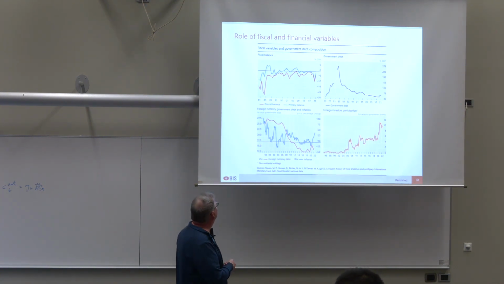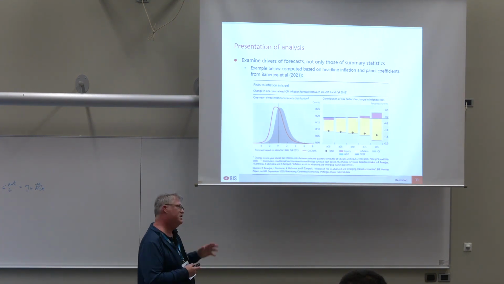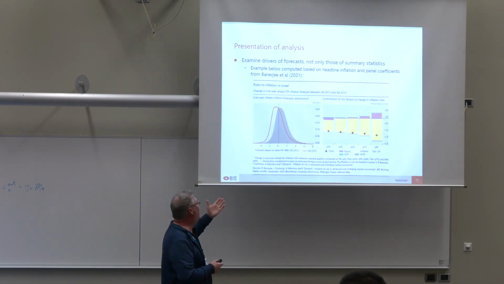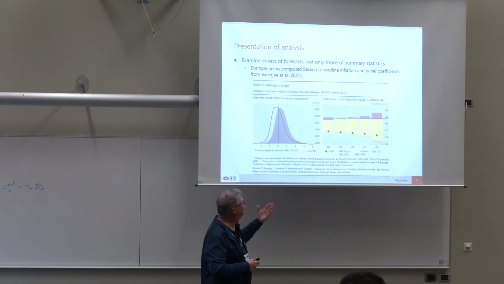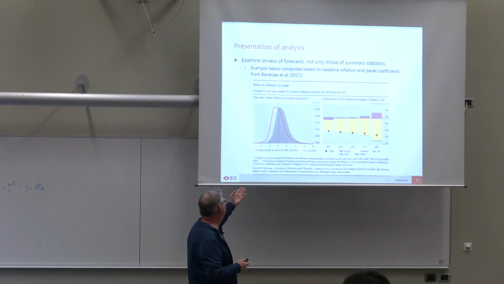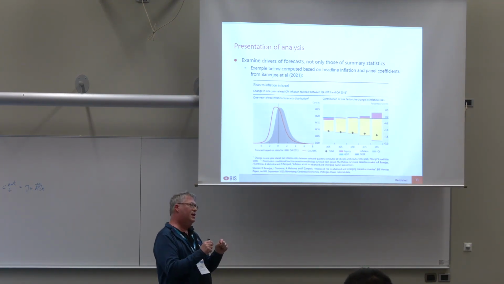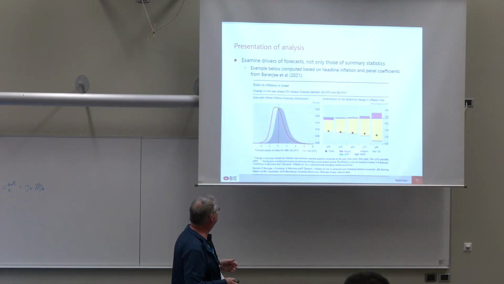So now, okay, that's my last comment. You present the composition of the summary statistics, the dispersion and the skew. My suggestion would be to show how the forecast changes from one period to another, and also to look at what variables are driving this change in the forecast. This is an example that I computed using the panel coefficient estimates from our model, so the estimates are common across the countries, so they might not be appropriate for Israel, but this is what we get.